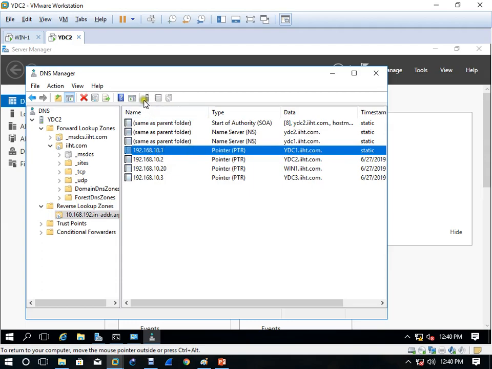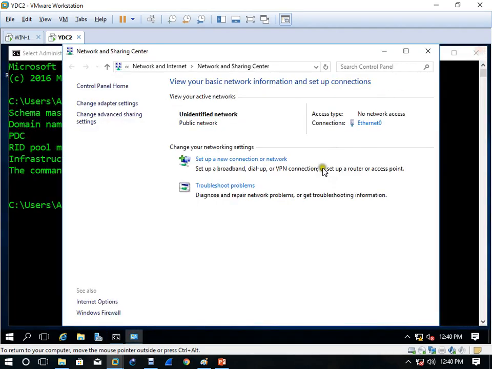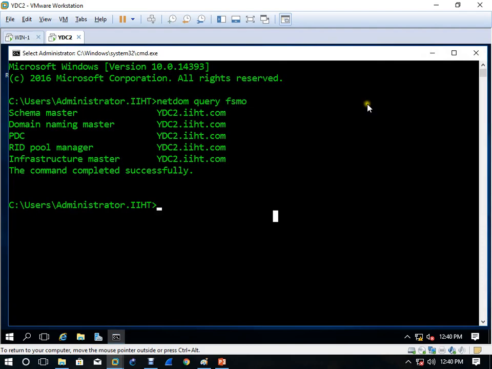Remove it because it is not important. When the server was alive, you transferred the roles. When the server was down, you seized them. So this is all about how to seize the roles.